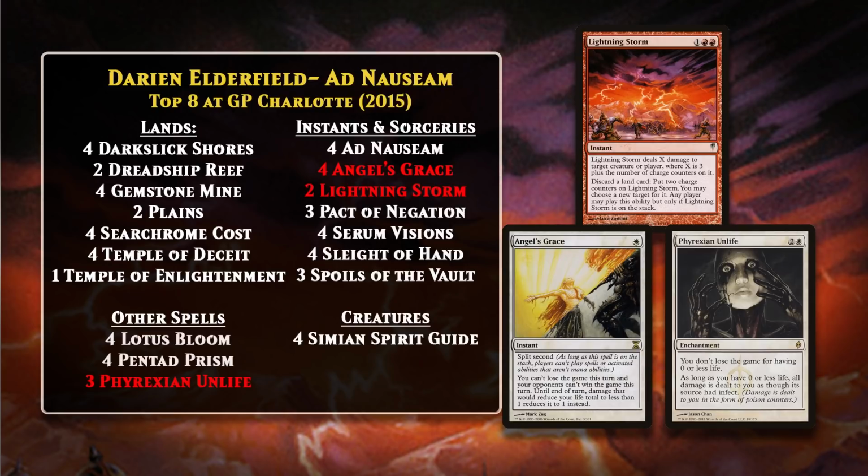Angel's Grace makes it so you can't go below 1 life or lose the game, while Phyrexian Unlife makes it so you can't lose the game if you have 0 or less life. If you have Unlife in play, you can even go well into negative life from Ad Nauseam, and it doesn't matter. With the life you pay from Ad Nauseam no longer a problem, you could just draw your whole deck if you wanted to, and obviously that would draw you enough lands and your Lightning Storm